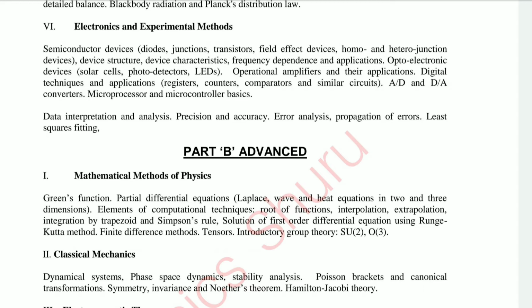Now in Part C, that is the advanced category, here I wrongly or mistakenly wrote Part B, but it is basically Part C, right?